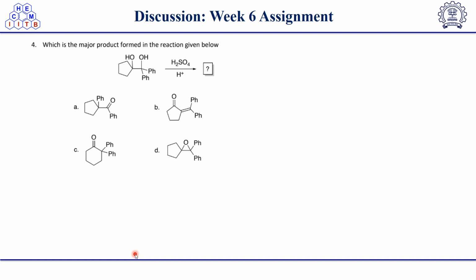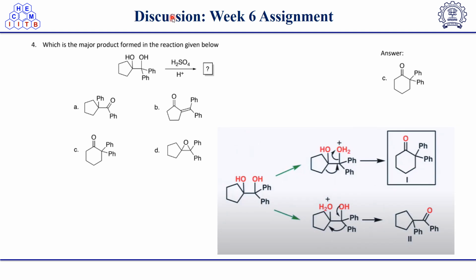So this is an example of a rearrangement reaction, that is the pinacol-pinacolone rearrangement. The correct answer will be option C, that is this five-membered ring rearranged to form this six-membered cyclohexenone derivative. And here the pathway is like this. Under H2SO4 conditions, this hydroxyl group will get protonated and this water molecule